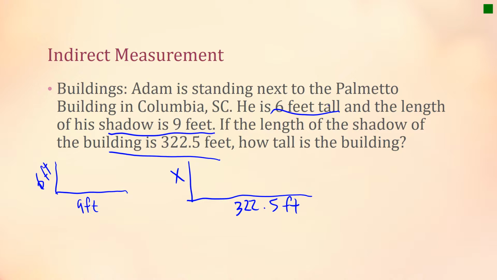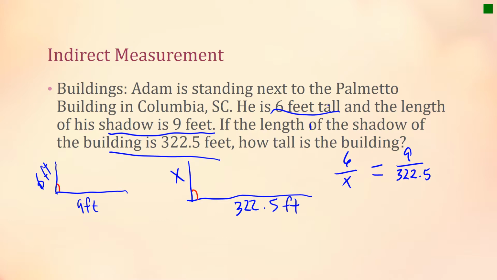So I can set this up as a proportion and solve this thing. So let's say I got 6 is to x. Those are corresponding sides. Now my angle is going to be the same. We're on the ground, from the ground up and out. So these angles here are going to be congruent. So what kind of theorem am I using? Side angle side. And then we can set this equal to 9 feet over